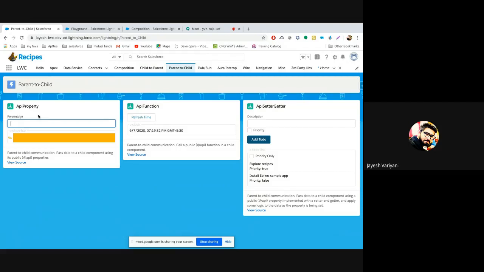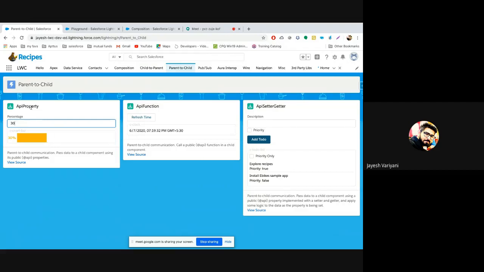The moment I enter 10, you can see the child is updating automatically, right? 20, 10, 25, 10, 30. Basically you can see this input element has an on change event, and that on change event should be firing a custom event from this parent, which this C chart bar handles and accordingly displays its chart or the progress bar. So let's go through this code to be more clear.